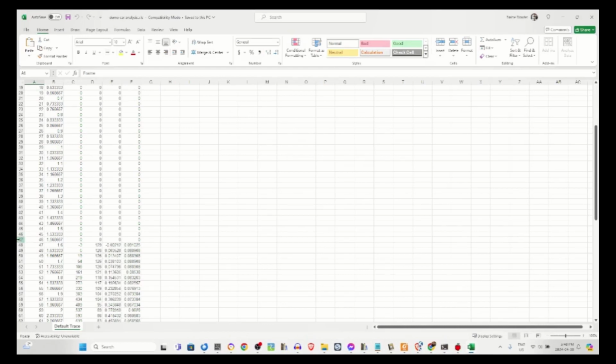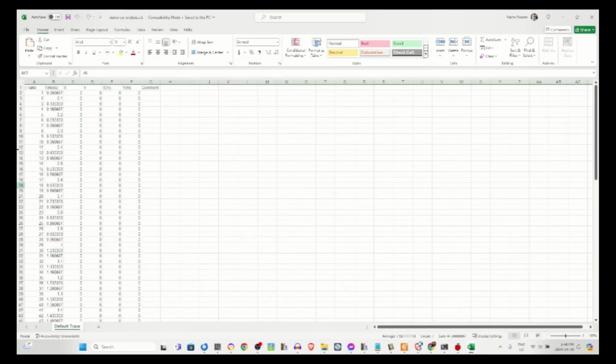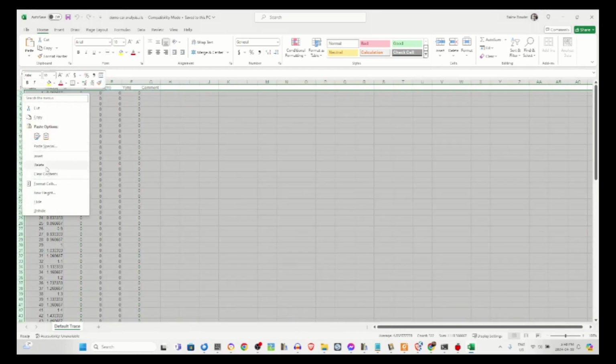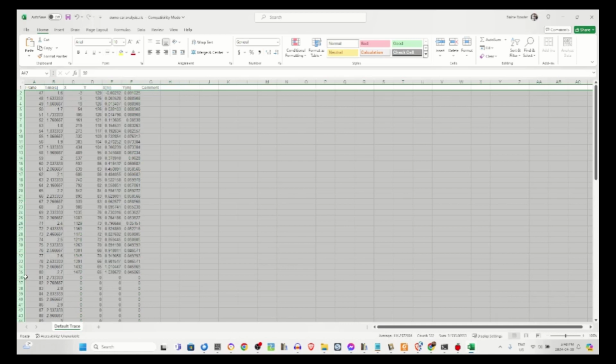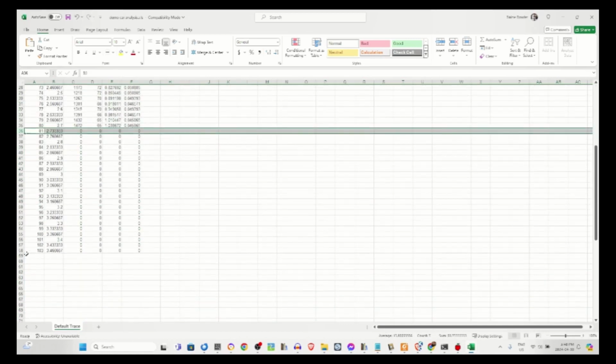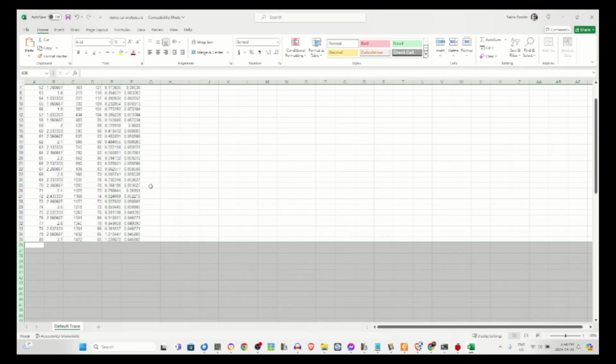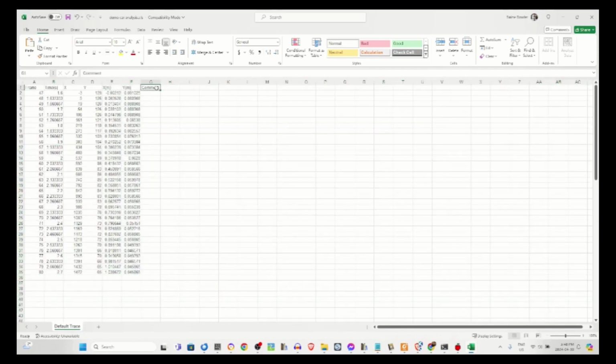So for starters, we don't need any of these columns where we didn't actually click to calibrate. We can delete all of our columns. We don't have any comments, but what we want to do is take a look at, say, Vx in meters per second,